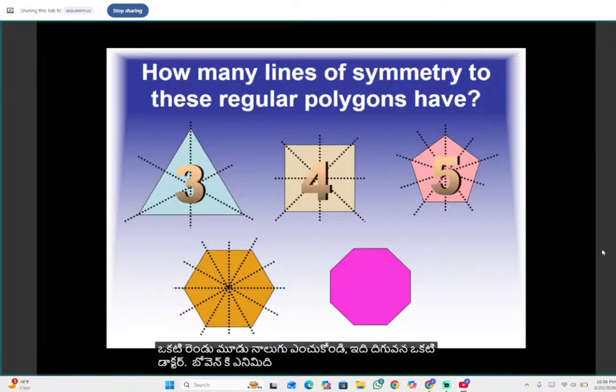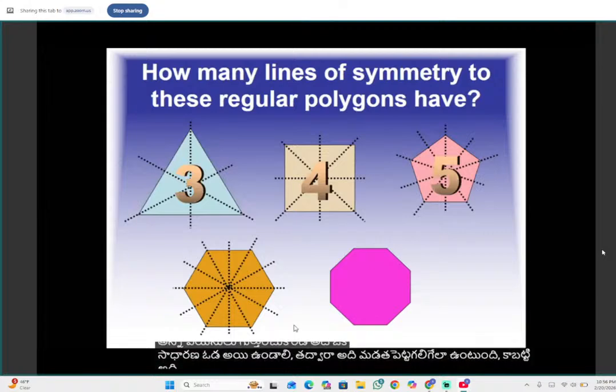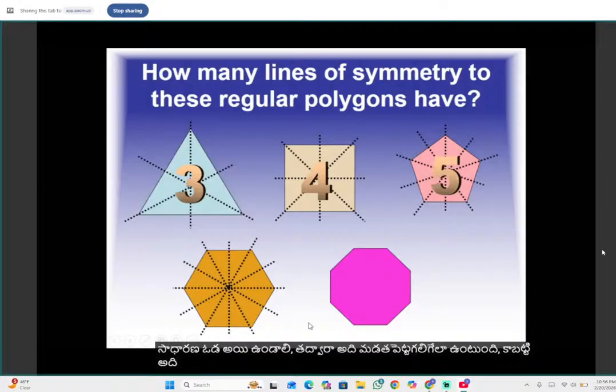An octagon will have 8, but remember, all the 8 must be a regular shape so that it can be foldable. Okay, so when it's foldable,